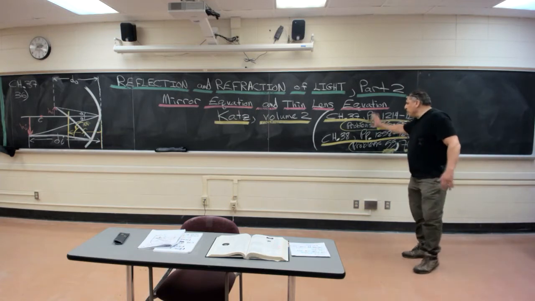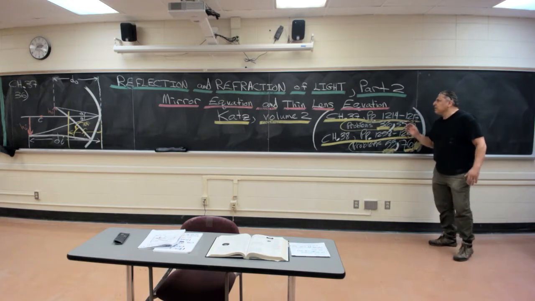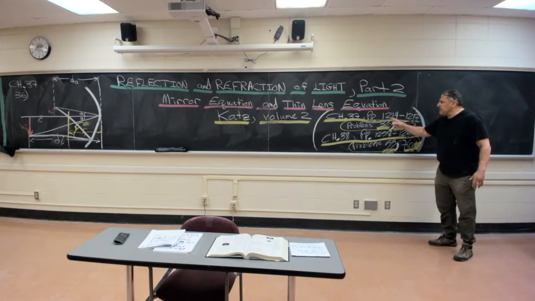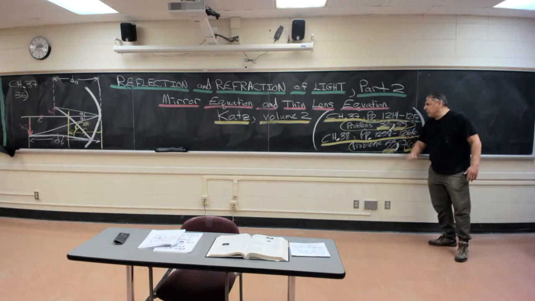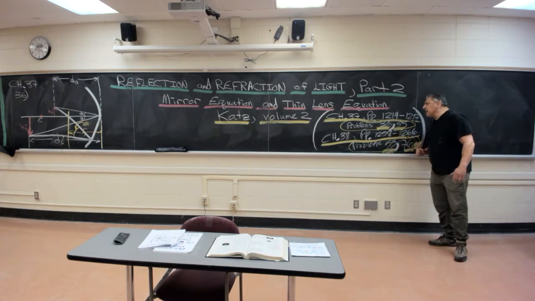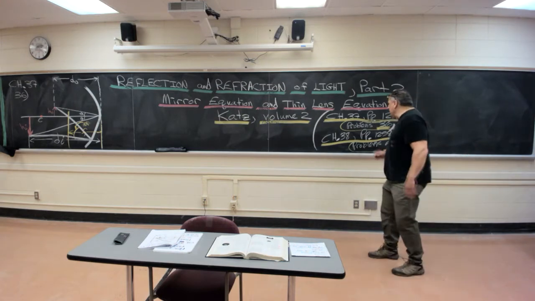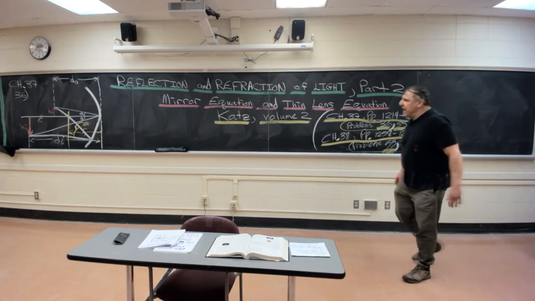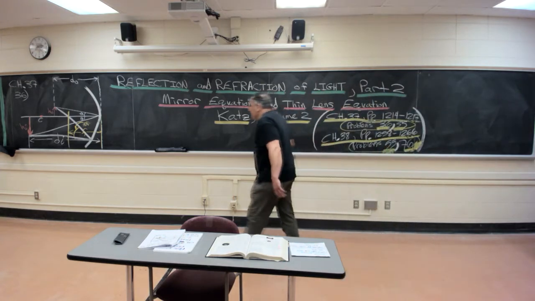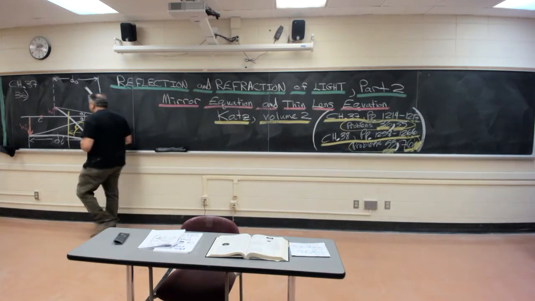We're going to do these 4 problems from the Katz book. Chapter 37, pages 1214 to 1217, problems 36 and 55, and chapter 38, pages 1258 to 1266, problems 55 to 76. Let's try problem number 36 from chapter 37. So problem number 36